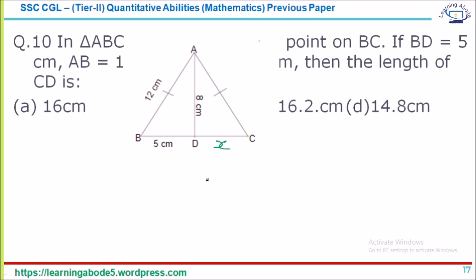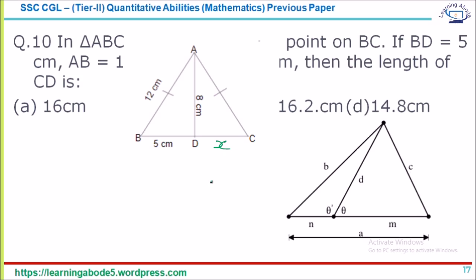So as you might have predicted, we can use Stewart's theorem for this. Now what is Stewart's theorem? Now if you have a triangle ABC, whose lengths are A, B, C, right, and you have the length of the cevian as D, right? Now the Stewart theorem is given by B square M plus C square N is equal to A into D square plus MN. Now this is the Stewart's theorem. Now we can use it here, and we can write